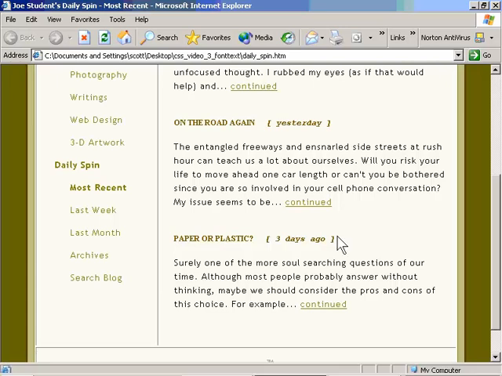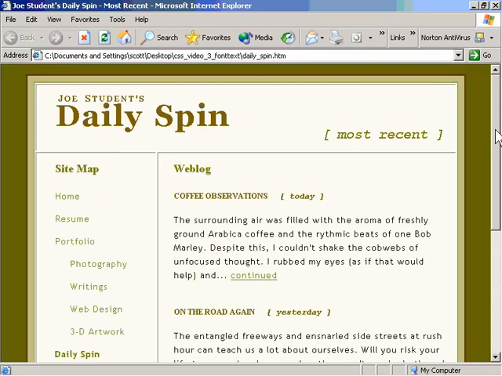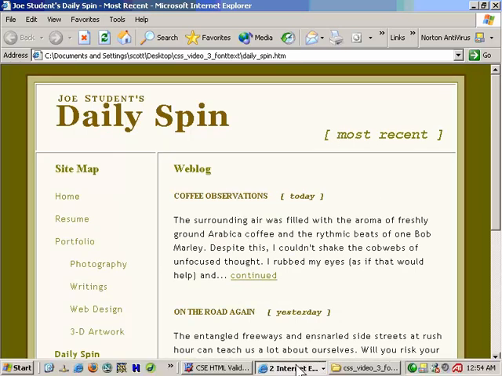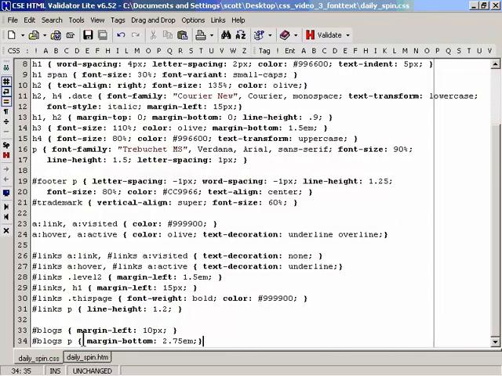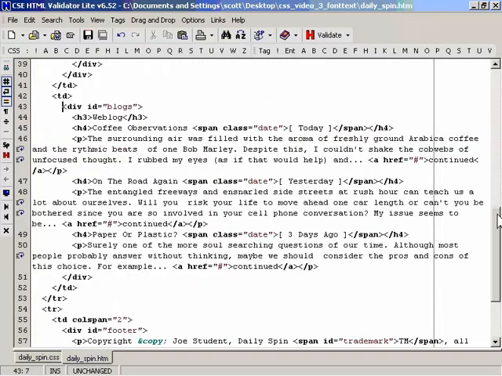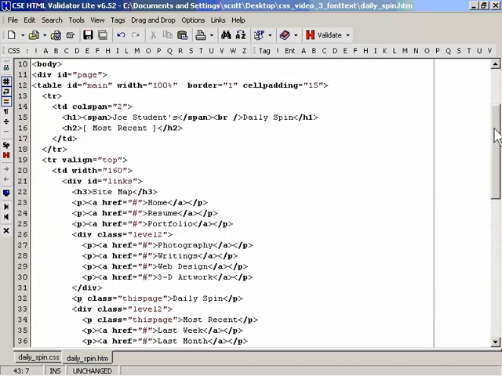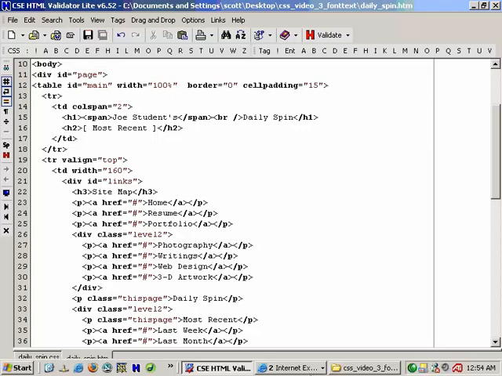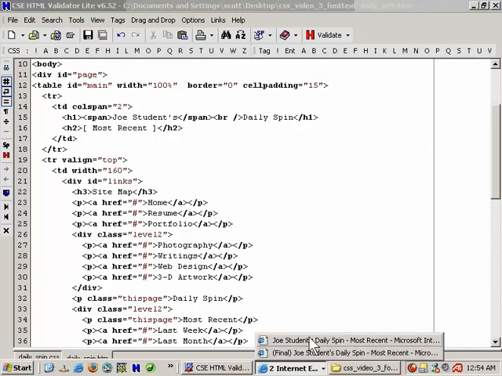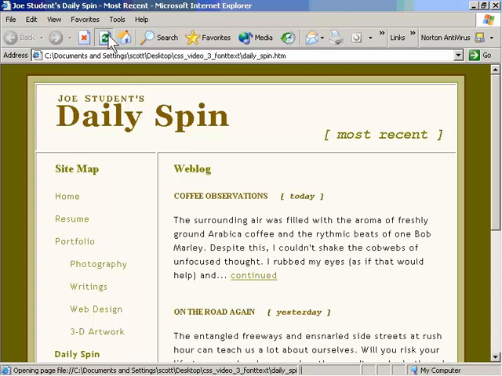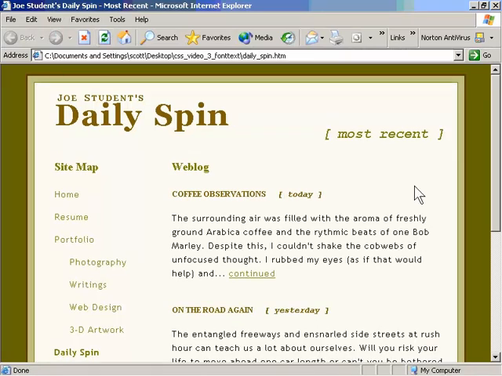Alright, the next thing I'm going to do, and it's about time that we got rid of the table borders, so we can really see the page in terms of how it's going to look when we get done. So let's do that. We go to the HTML, we find the table tag up towards the top, line 12, and change the border from 1 to 0. It was just 1 so we could see it, and it wasn't ever intended to be seen in the final result. So back in the browser, when we refresh,